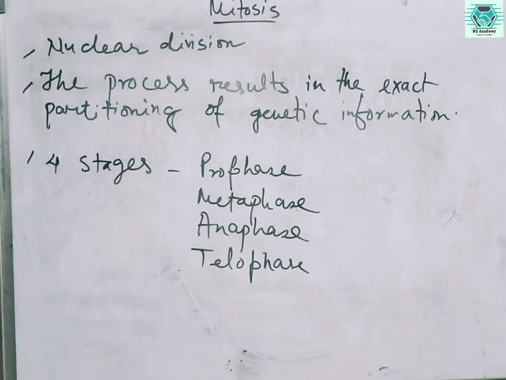So one by one we will discuss the processes, in a very brief way, not in such an elaborate way. We just go through all the four processes briefly and what happens in them. So I will show you some diagrams and side by side the characteristics of these particular processes. In the process of prophase, what happens? So moving to the prophase,